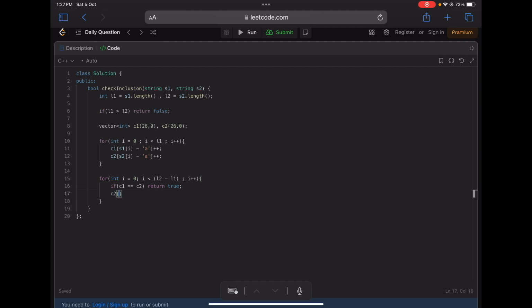So C2 of S2 of i minus 'a' minus minus, and the one we are adding, that will be C2 of S2 of i plus L1 minus 'a' plus plus, right? Then at the end, we'll return C1 equals equals C2, right?